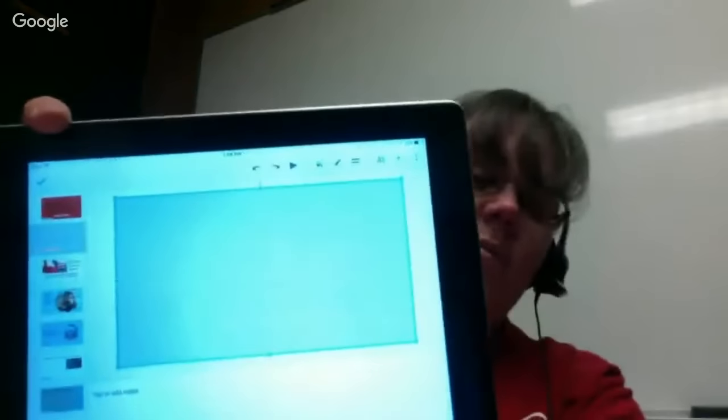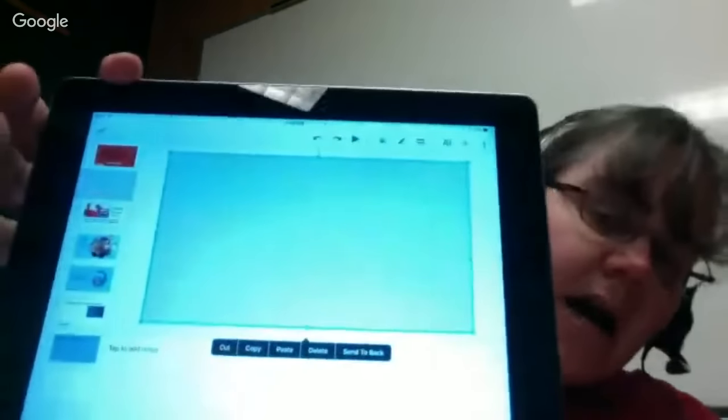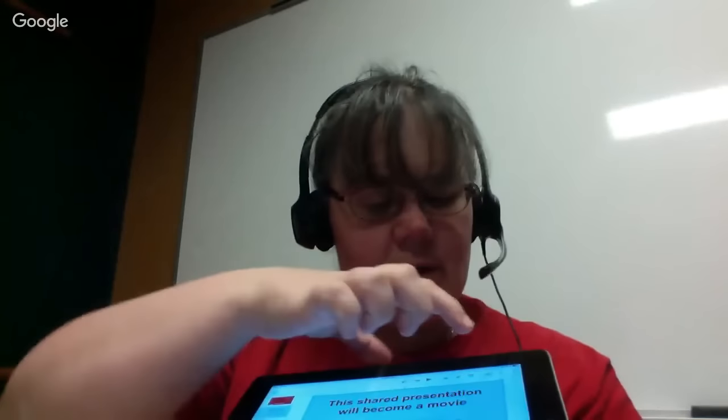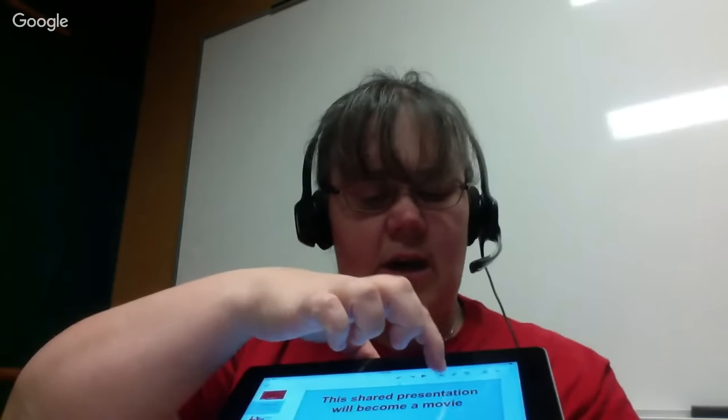Now I've got a problem because it's now covered all my text. If I tap once on the square, I will get a context menu. And the last choice at the end is send to the back. So I send it to the back, it's now behind my text. And I can go up into the paint bucket at the top.